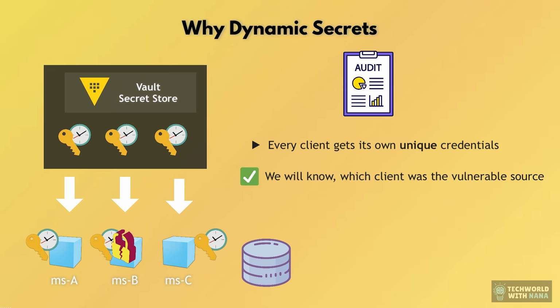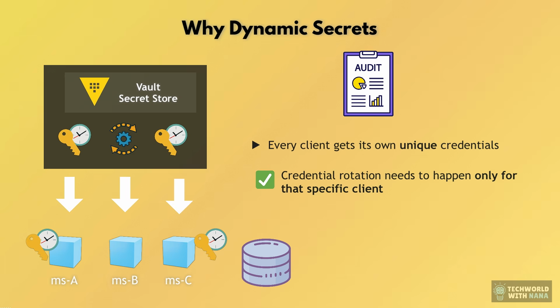And this is important because now you know there is a specific microservice or application or client that needs to be secured because it is exposing sensitive data. And of course, that credential needs to be rotated only for that application. We don't need to rotate the access credentials for any other client, which is a huge advantage for operations because